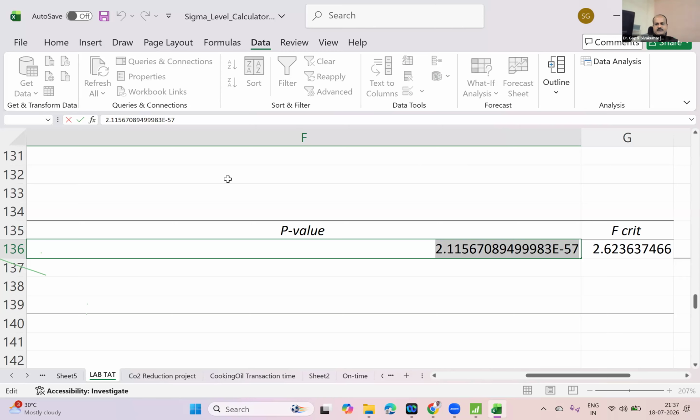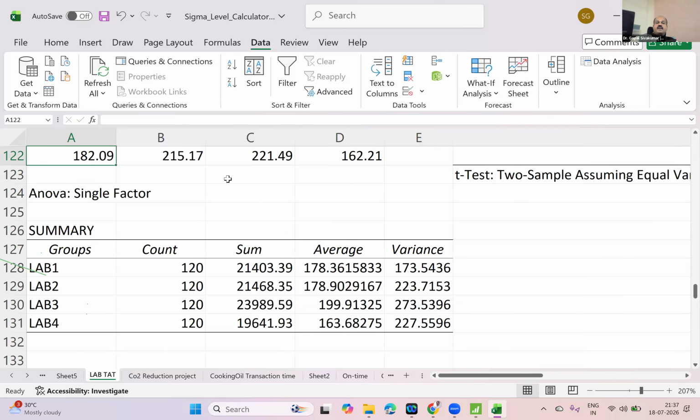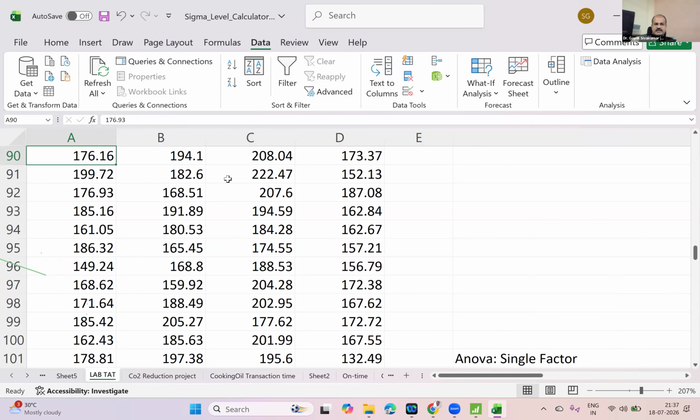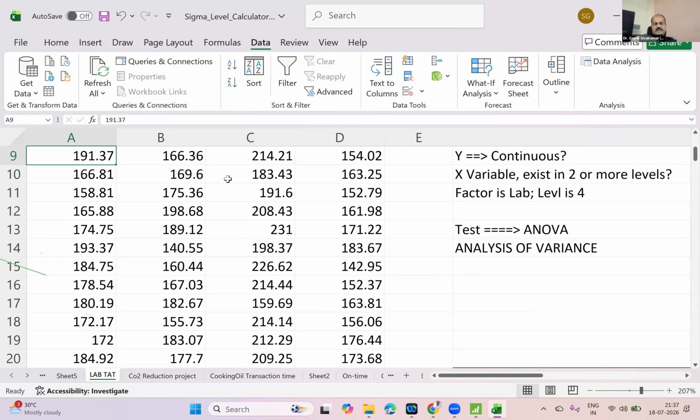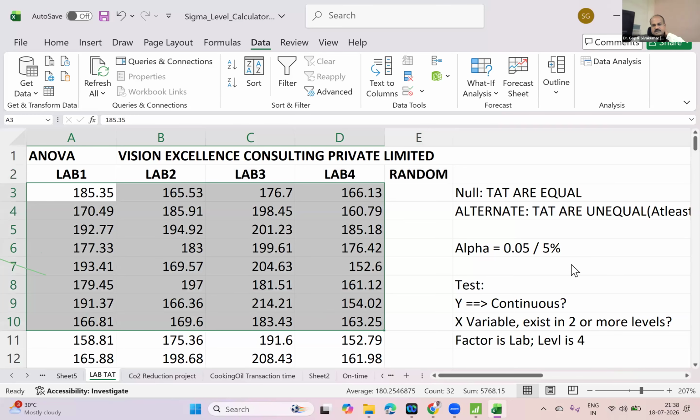But here the point is, you have to arrange the data in this manner. How? The factor must appear in row number 1. See here, factor: lab 1, lab 2, lab 3, lab 4. The factor name should appear as the column label, and the exact values should appear as your Y variable. So we can also modify the painting method and adhesive strength in this manner, and then we'll be able to do it.